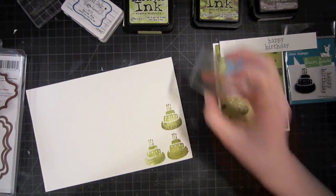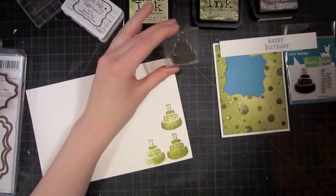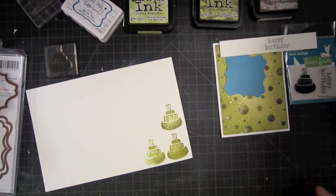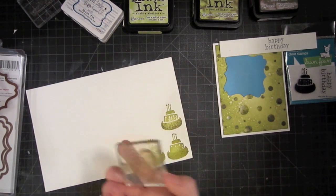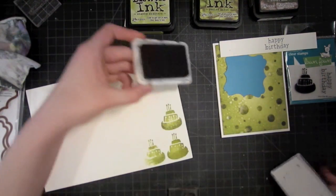Perfect. Okay, so I did 2 sprays still, but I put my mister a lot farther away, so that gave me a more precise look. I still like the shadowed look. If you were going to stamp maybe this, actually we'll try this, over this shadowy one that I have before